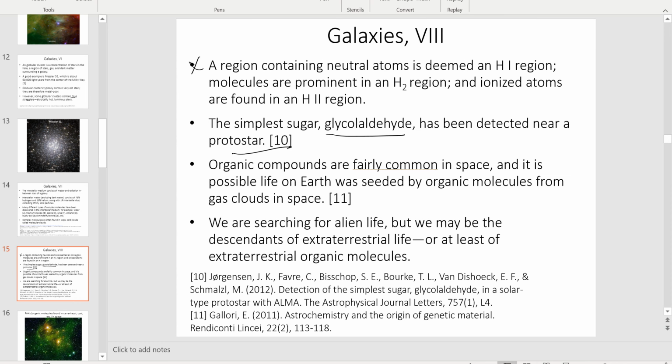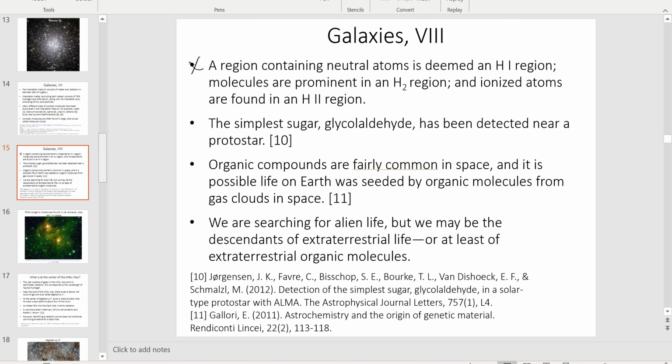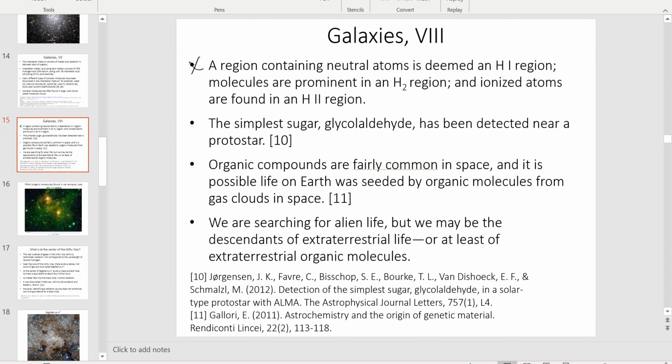And there are some astrobiologists who think that Earth may have been seeded by these organic compounds early in its history, and that may have given rise to life. This is just an idea. Don't know if it's true, but it's a tantalizing idea, because if it's true, that means that in a sense we're the descendants of extraterrestrial organic molecules. Again, this is speculation. We don't know, but this goes along with the goal of astrobiology, the main goal, which is to find life outside of Earth.